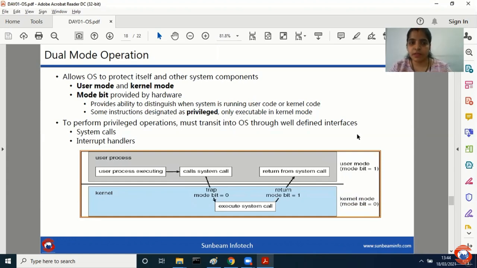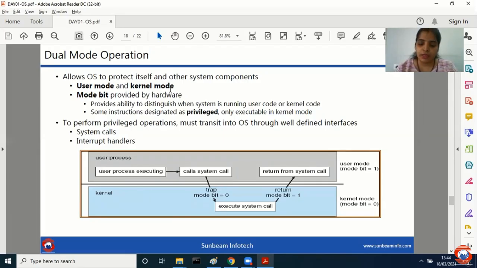Understood, everyone? So user mode and kernel mode are the two modes. How does your operating system distinguish between these two modes? If I'm having 0, that means I'm in kernel mode. If I'm in 1, that means it is user mode. Questions are asked based on modes of OS, mode bit.